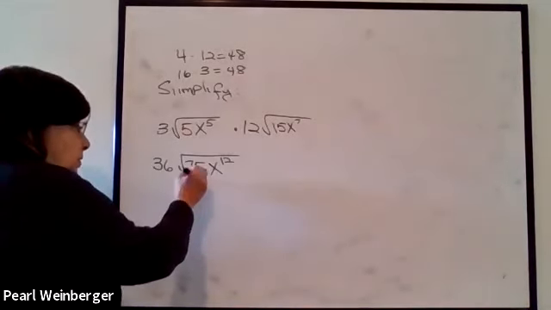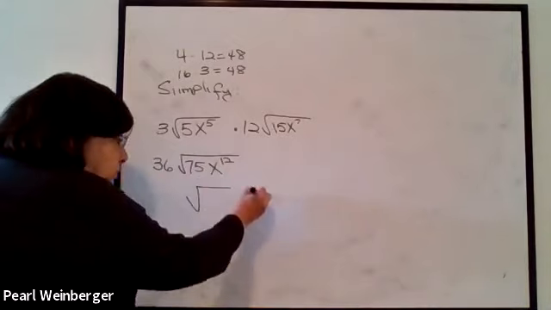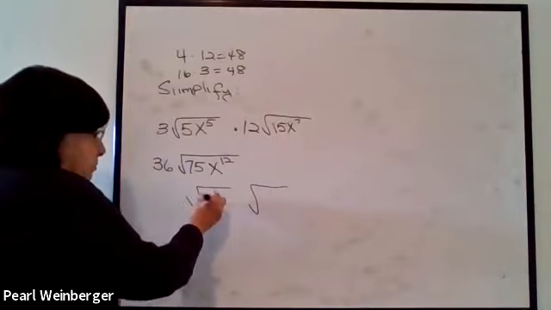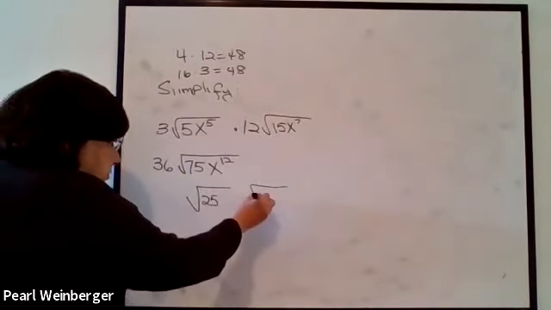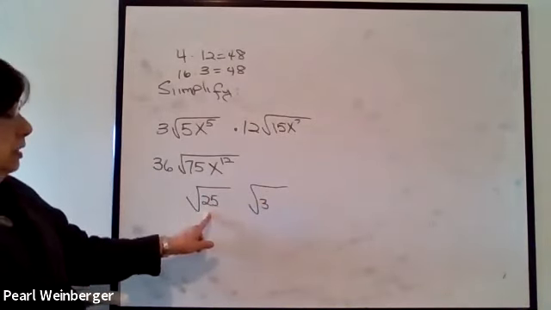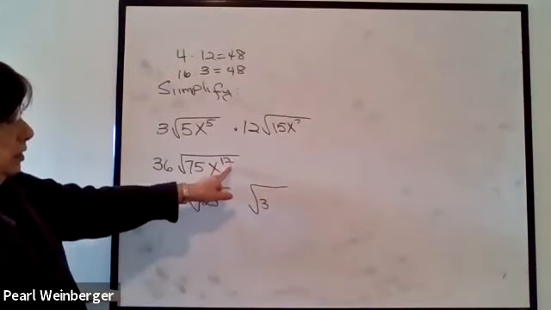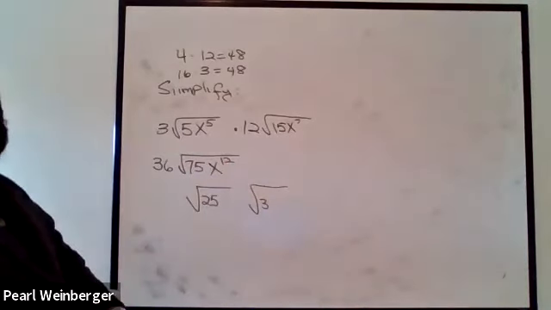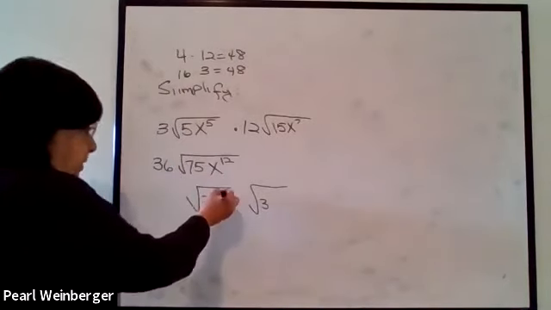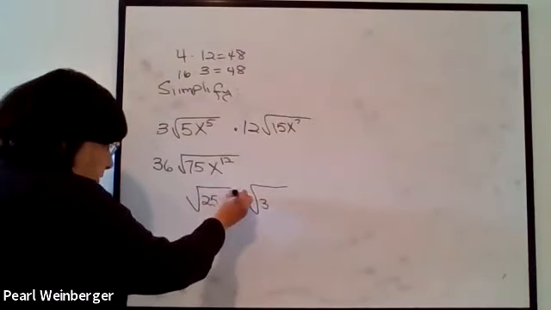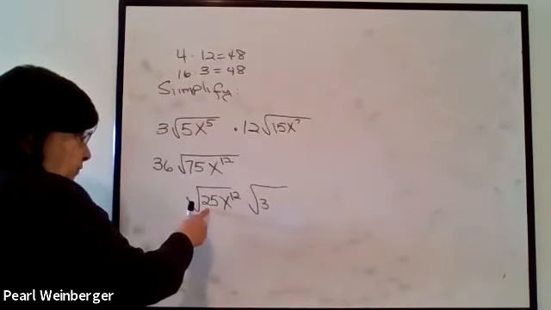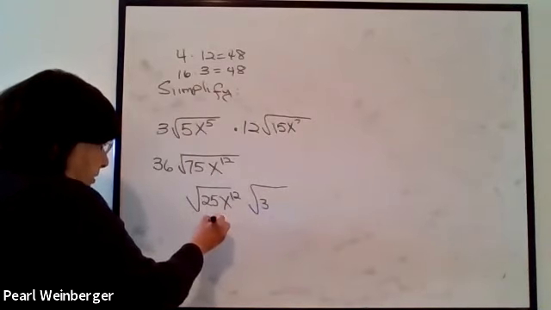So here we're going to break this into our 2 square roots. 75, I think, 25 times 3 is a perfect suggestion because 25 is a perfect square. The x to the 12th, oh, that's a perfect square also because it has an even exponent. I don't have to split it up. I leave it as x to the 12th in the front. And now I take the square root of 25x to the 12th. That'll give me